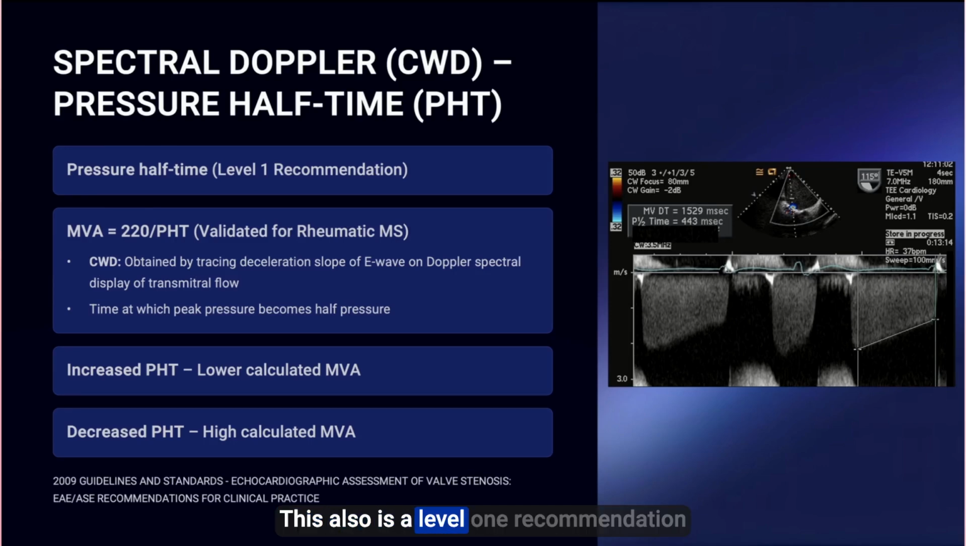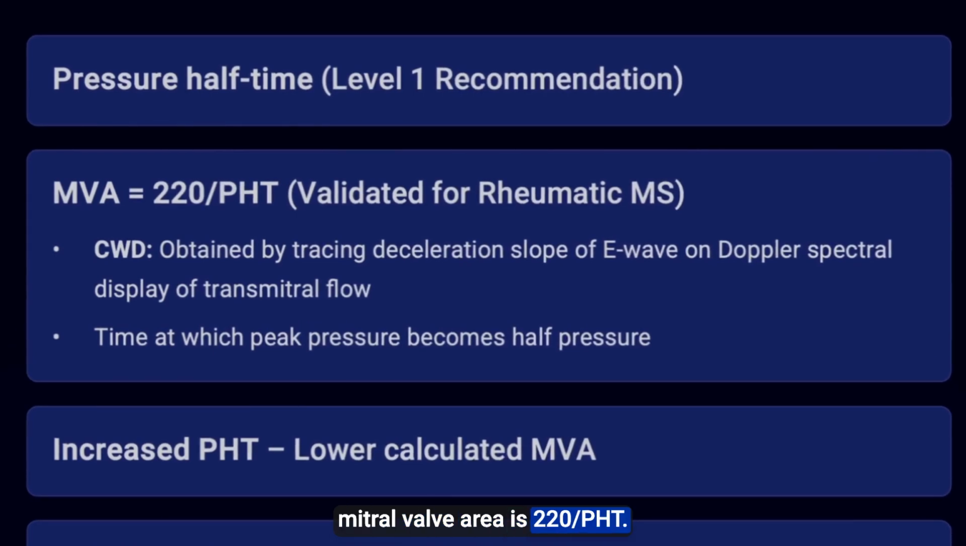This also is a level 1 recommendation when assessing mitral stenosis severity. The actual formula here is the mitral valve area is 220 divided by the pressure half-time. This is validated for rheumatic mitral stenosis patients, not calcific mitral stenosis patients, and we'll talk about why that's important here. The way this is performed is using continuous wave Doppler and tracing the deceleration slope of the E wave